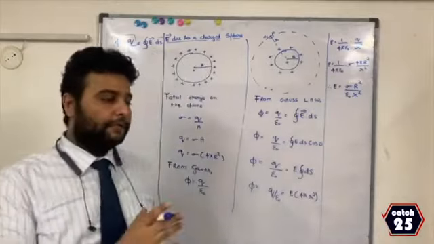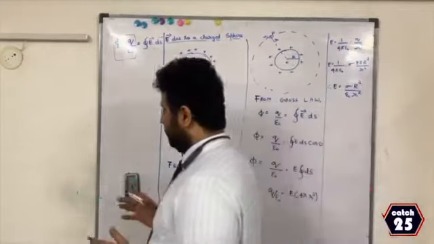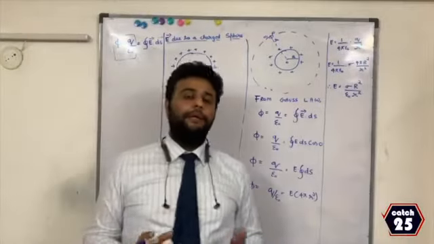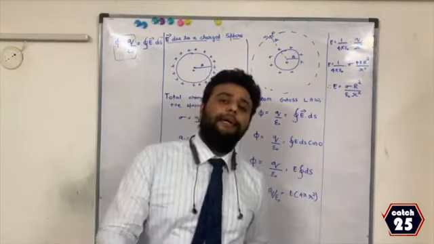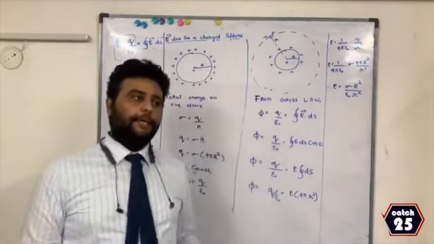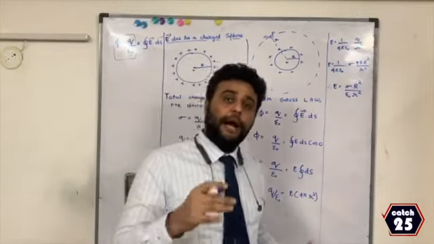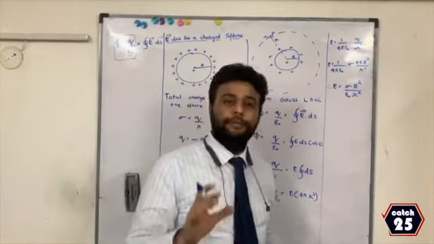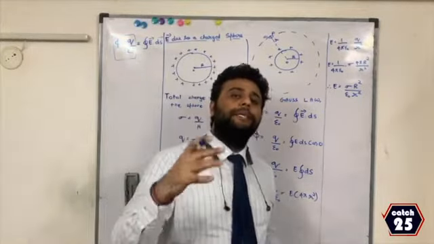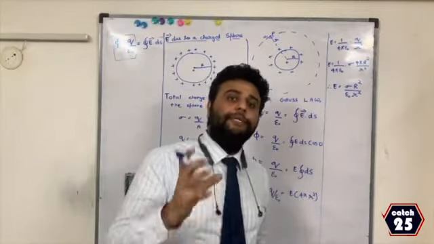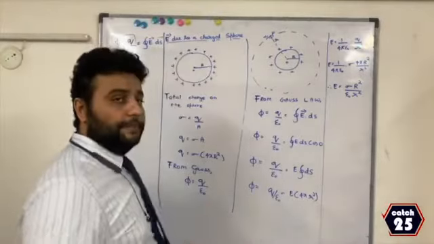Now coming to the application of Gauss theorem, the first application is of a charged sphere. Understand the question properly. We have to find electric field at a point outside a charged conducting sphere. I'll repeat. We have to find electric field at a point outside a charged conducting sphere. Now to get electric field at a point outside a charged conducting sphere, let me first take a charged conducting sphere. So look at this.